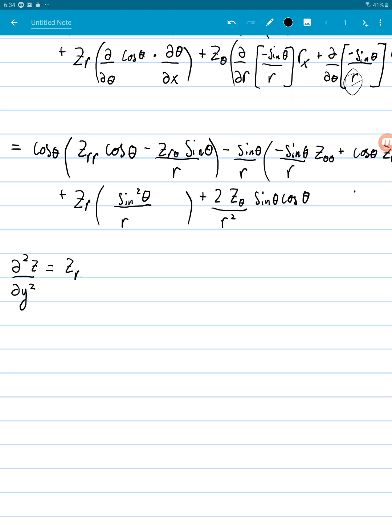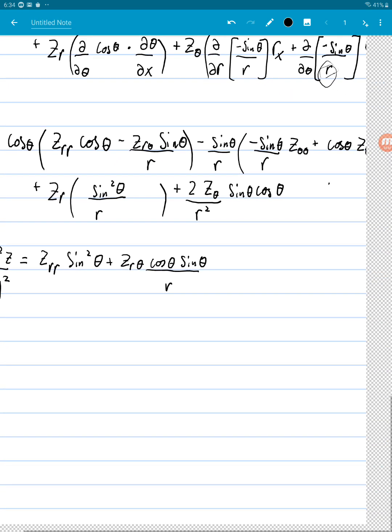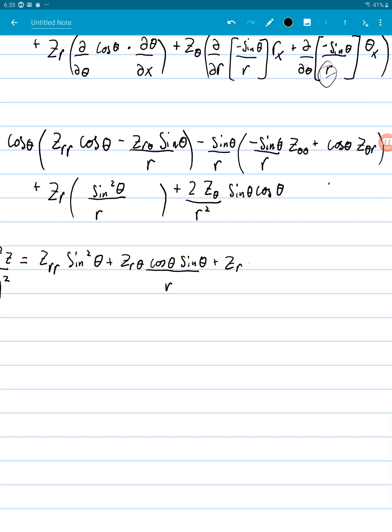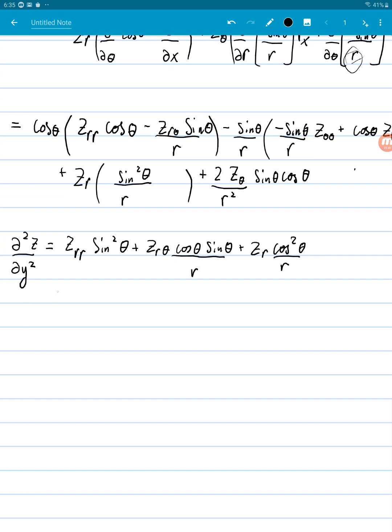So we should get that that is going to be zrr sine squared theta plus zr theta cos theta sine theta over r plus zr cos squared theta over r minus z theta cos theta sine theta over r squared